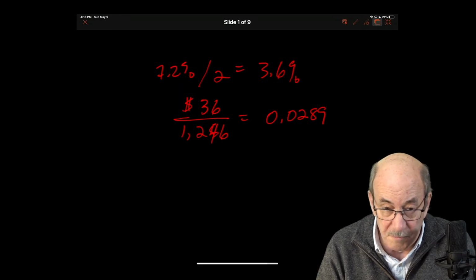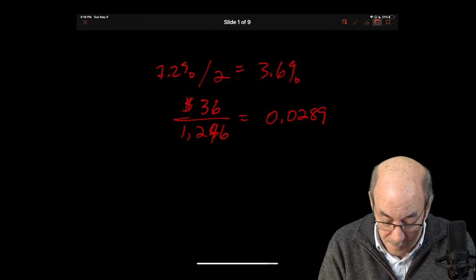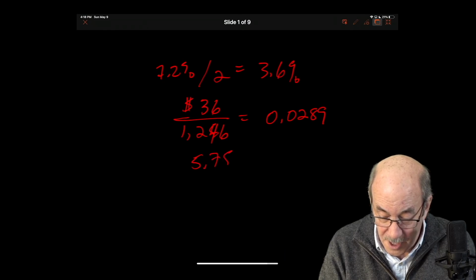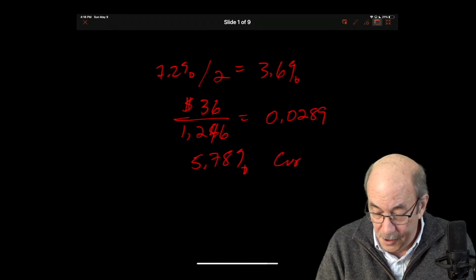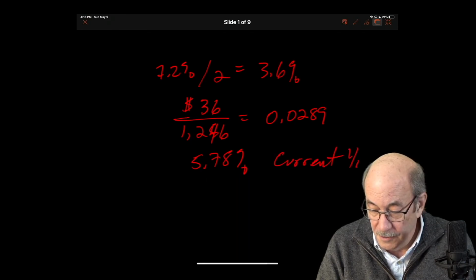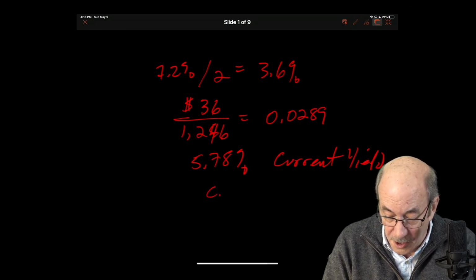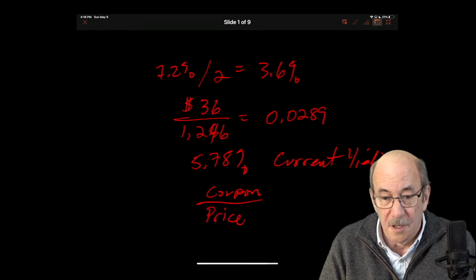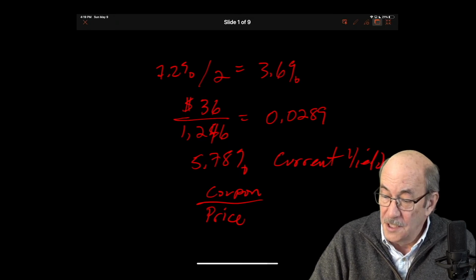So when I put that on an annual basis, that would give me 5.78%. That's my current yield. Remember, current yield is simply the coupon divided by the current price of the bond. That's my current yield. Now, to get the yield to maturity,